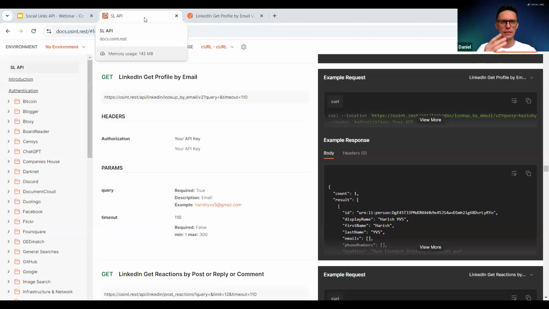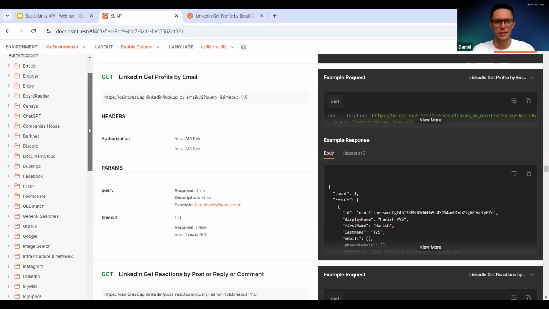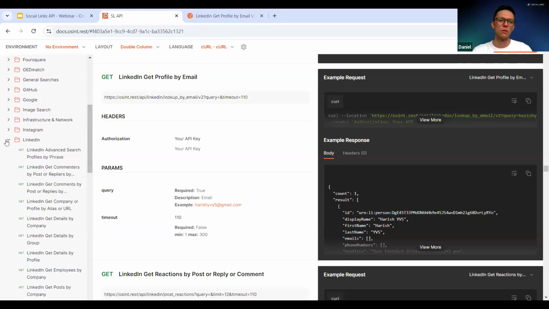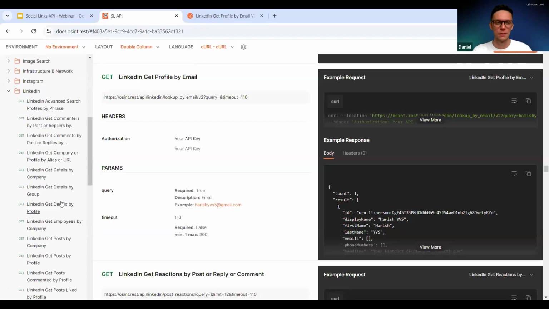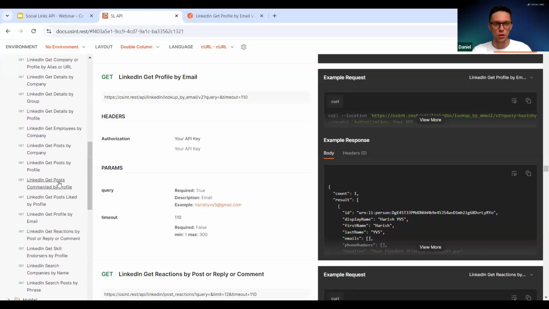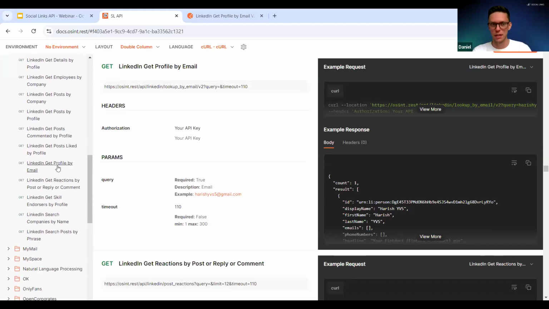So if you feel that you have time and it would be interesting to explore the capabilities of the Social Links API, this is what we are showing and what we are sharing with our potential customers. This is the documentation. So what I showed you in the case with Social Links Pro, the same is working here. So from my perspective and from the perspective of my customers, what I hear as feedback, the documentation is pretty clear because all endpoints and all information you're looking for